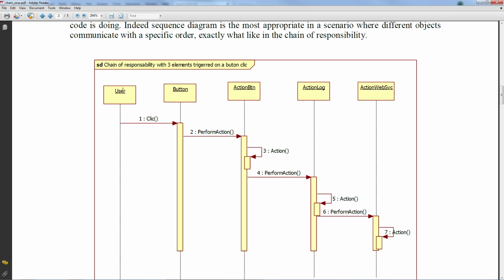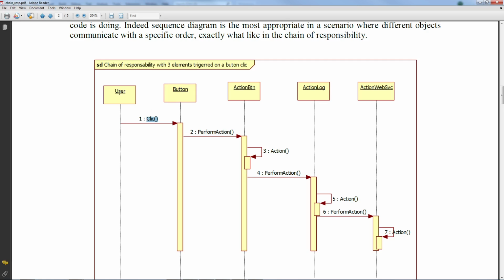You read it with the objects at the top. So I have a user object, and the way you read it is that it calls a method on the target object, and the name on the arrow is the name of a public method on the target object.